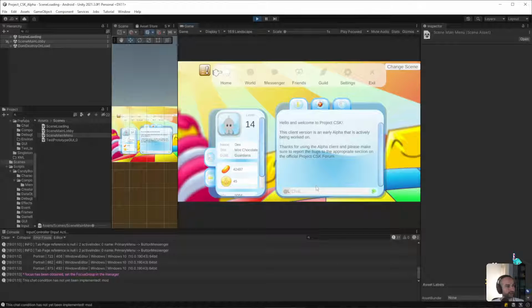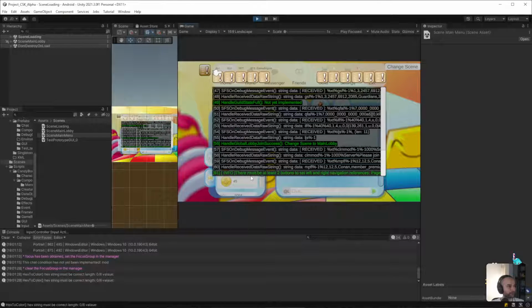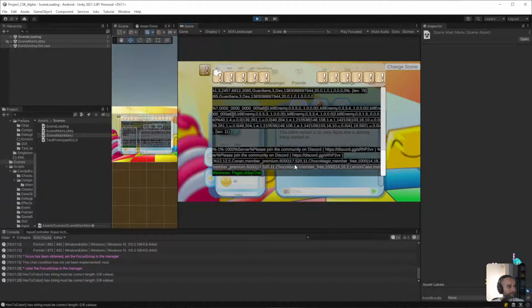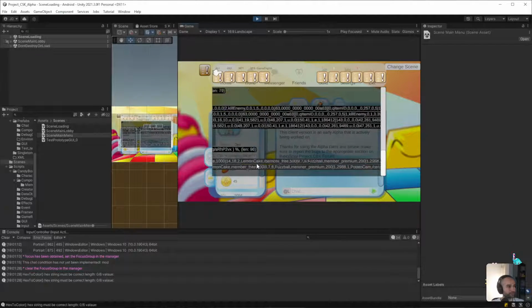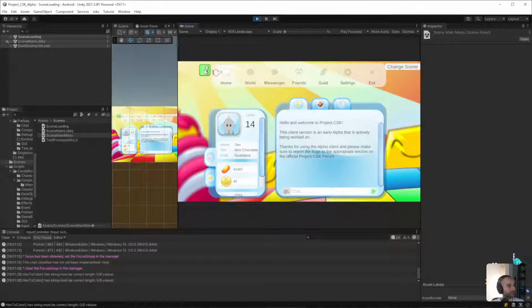Chat is not working. Did I send the information to the server? No, it doesn't look like I did. If I would have, it would have shown.